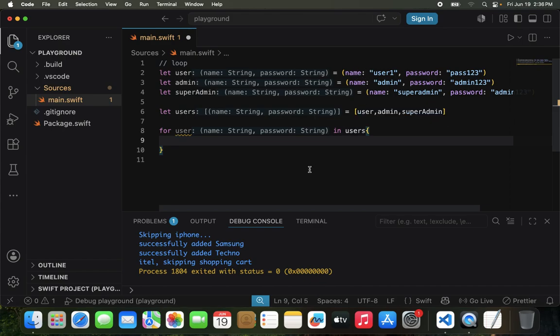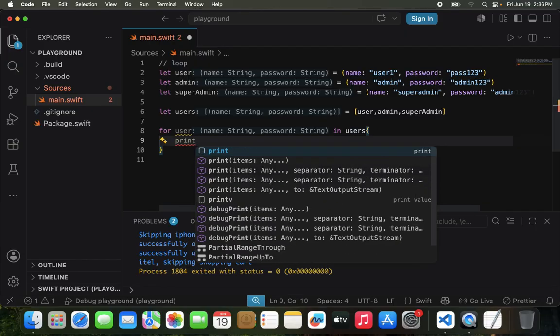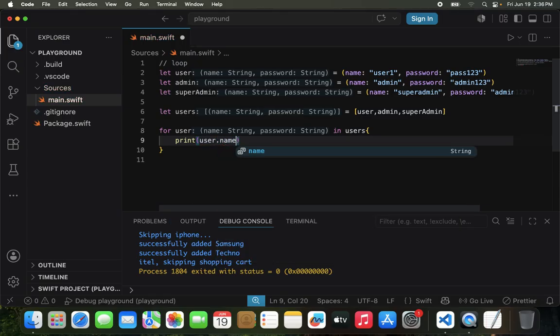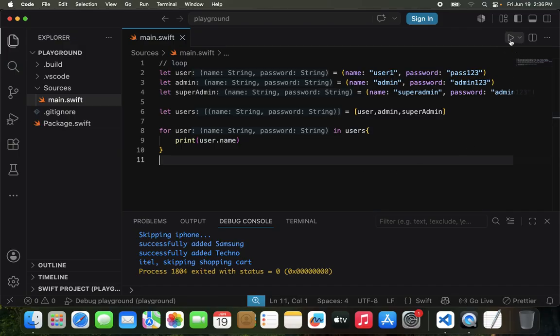If that expression works for this purpose, then we can do print user the name. I'm going to save this and then let's see what we get. This should create an array of tuples